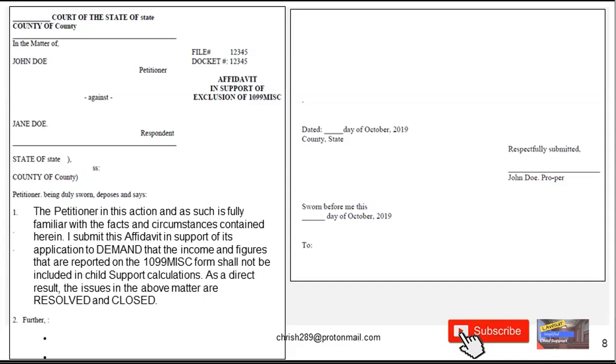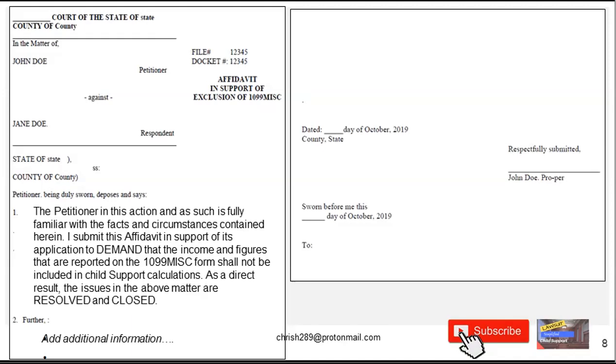So we use some more language that makes sense and is to the point. On part two, if you want to add additional information, the reason why we don't have a standard for part two is that it is specific to your county, specific to your case. This is where you can include the executive order, you can include the quote from the CCPA. And what you're basically saying is that you're giving evidence to corroborate your reason for the demand.